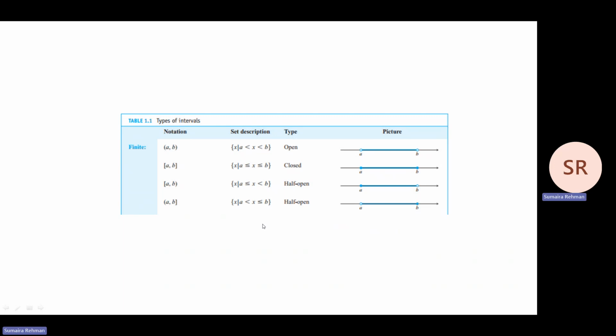In this lecture, I will discuss inequalities, and especially absolute inequalities. And before going toward absolute inequalities,